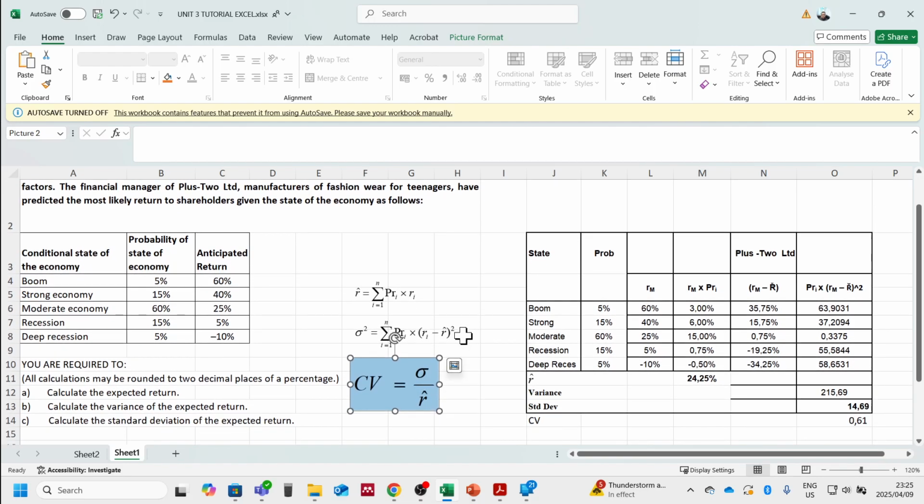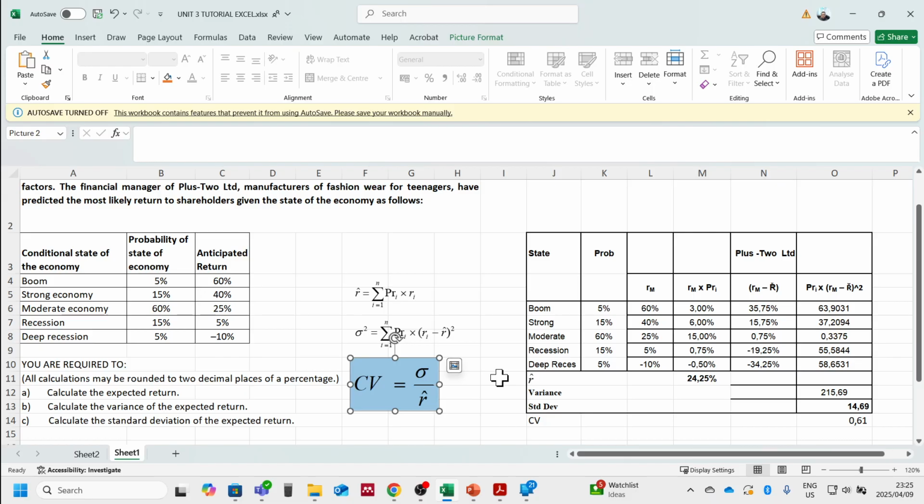If we're comparing two assets, we can use the CV to measure the risk associated with 1% or whichever return we're going to earn over the project and choose the one that has the lowest coefficient of variation, because the lowest indicates there is a likelihood of us earning all of the expected return, whereas the one with the higher CV indicates a higher risk of us not earning the full